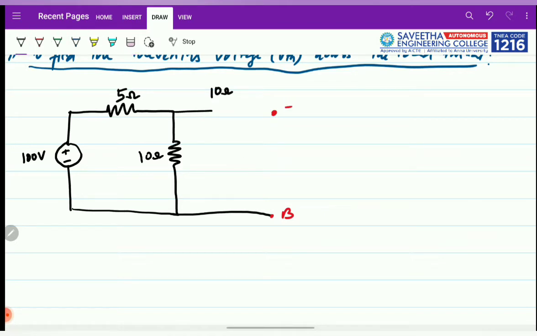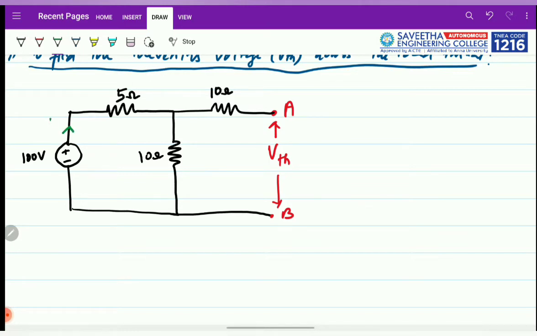Okay, so it will look like this, and now we are going to find the VTH value at this terminal point. Electrically, we know that when the circuit is turned on, A and B is nothing but an open-circuited terminal. And so when we consider the circuit, when the 100-volt supply is on, the current